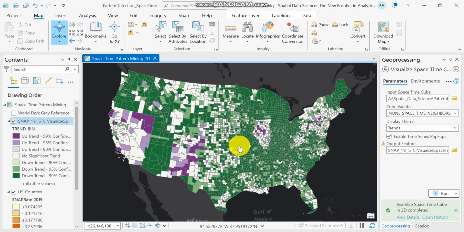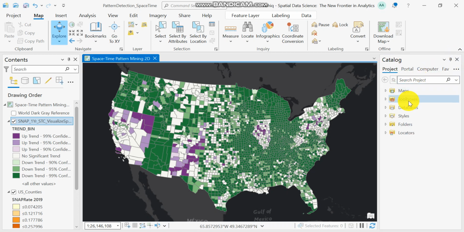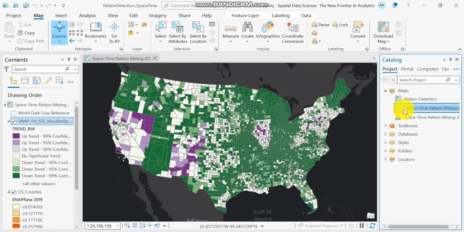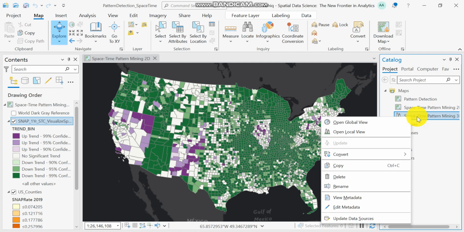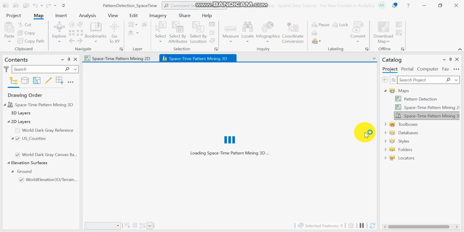We can visualize this 2D data into 3D space-time. So we will move towards, we have this one is map and there is 3D map. We are going to right click and open local view. Local view opens scenes, and this scene enables us to see the data and geographical location of the data in